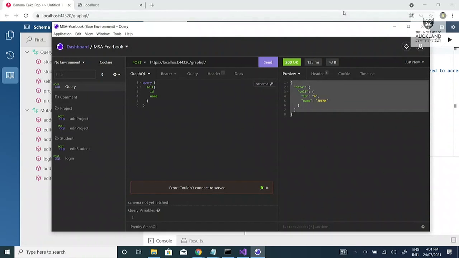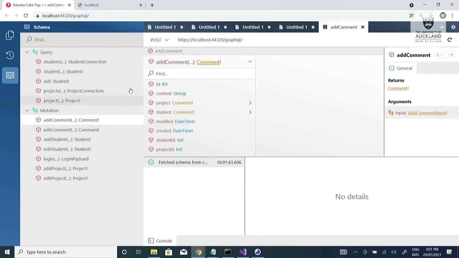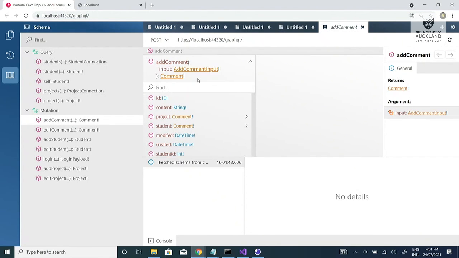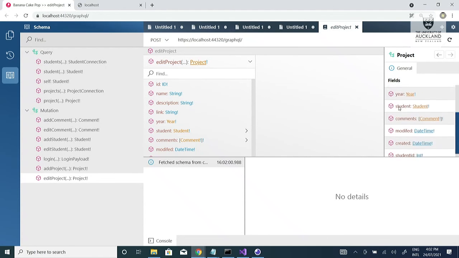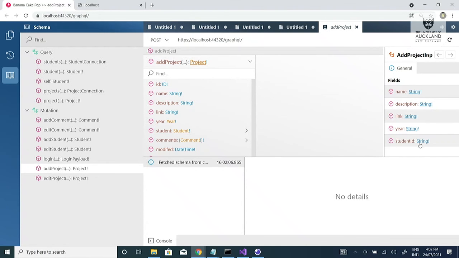So since we have a bunch of queries, you'll notice that, for example, when we add a comment, we're submitting an input that includes student ID. We no longer actually need student ID inside our inputs, because it is in the token if we use it to verify the user. This is also true for your project. When I add a project, I no longer need a student ID on the project, because if you're logged in already, the student ID will already be in